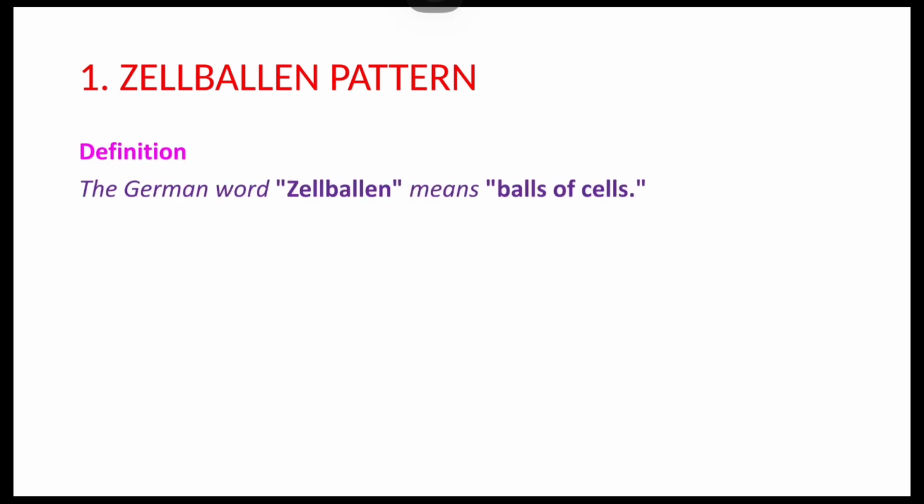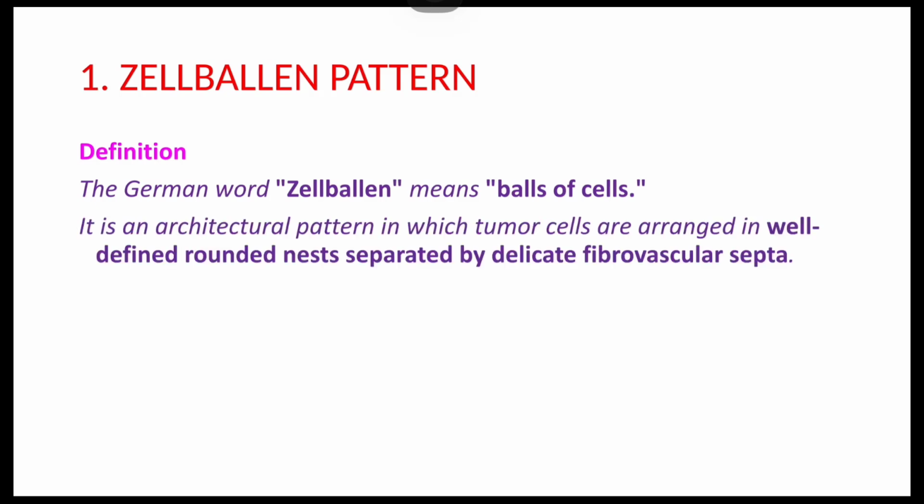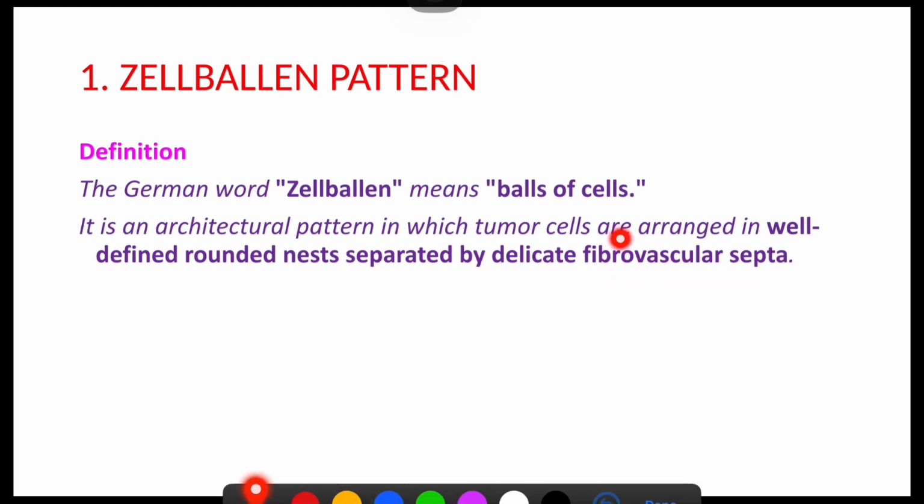By definition, Zellballen is a German word meaning balls of cells. It is an architectural pattern in which tumor cells are arranged in well-defined rounded nests separated by delicate fibrovascular septa. This is the most common